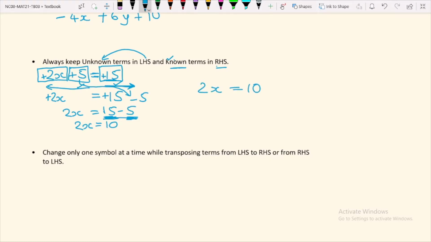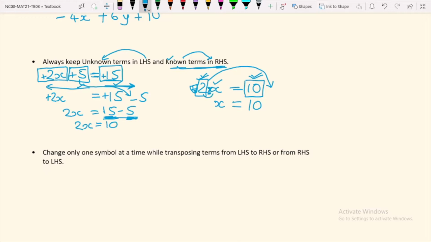So the next thing will be 2x is equal to 10. In this we will identify the terms now. So 2 is a term, x is a variable, 10 is also a term, it is a constant term. So constant terms, known terms, you have to keep in RHS. We know the value of 2, we know the value of 10, so we have to keep these two in RHS. So below the equal to sign I will put an equal to sign, known terms I will write as it is, unknown terms in the LHS as it is, but we have to shift this 2 to RHS because known terms have to be in RHS. So 2 is getting multiplied with x. We have to see this operation here. We will not see a plus symbol because 2 is not getting added to x, 2 is getting multiplied with x.